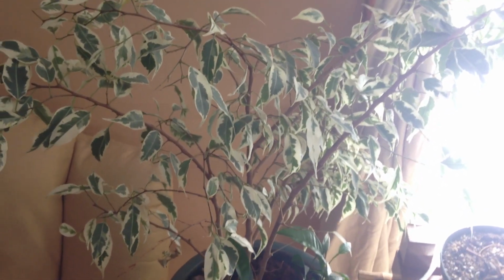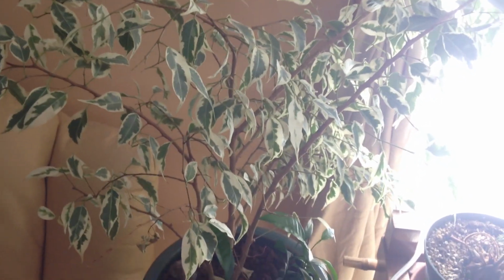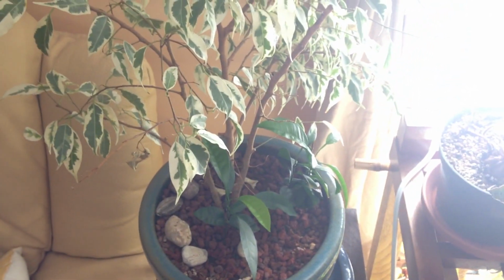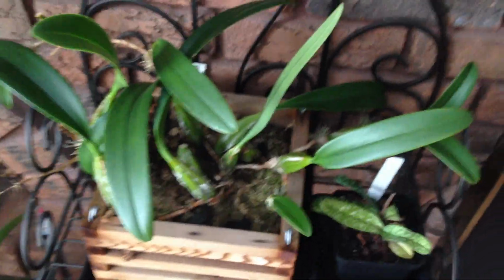This is a Benjamin Ficus, or whatever they're called. Ficus benjamina, variegated form, with some little seedling oranges. And on this side is some plants that have a bit of disease. Keep them away from the others. They're recovering. The Bulbophyllum, Paphiopedilum,